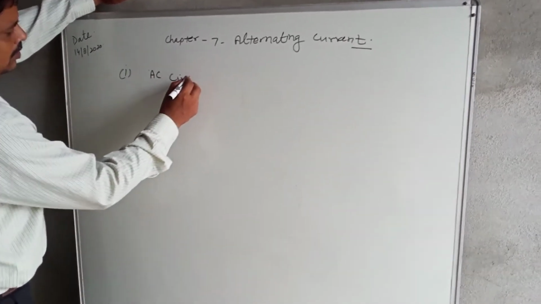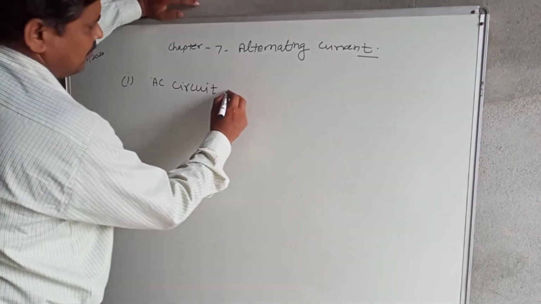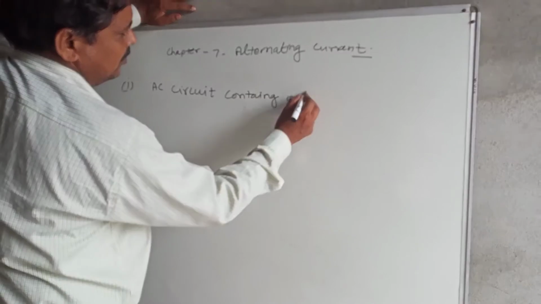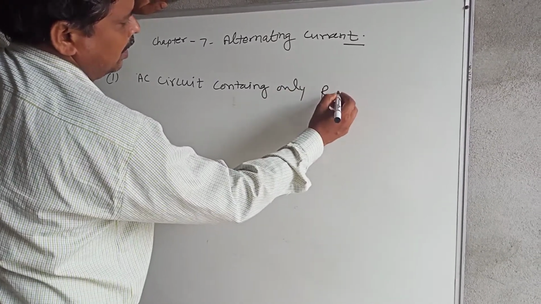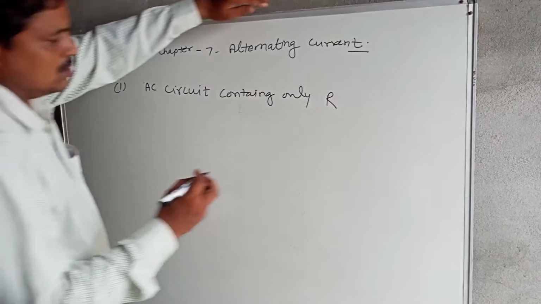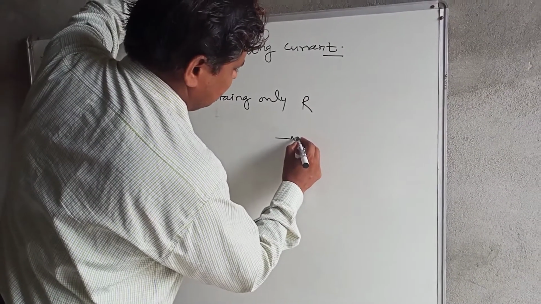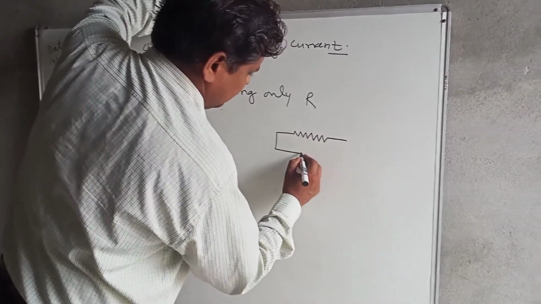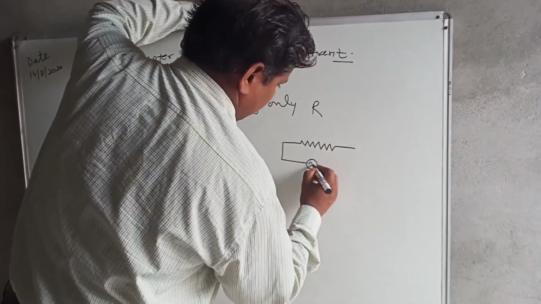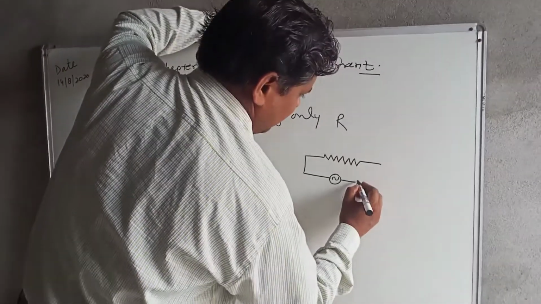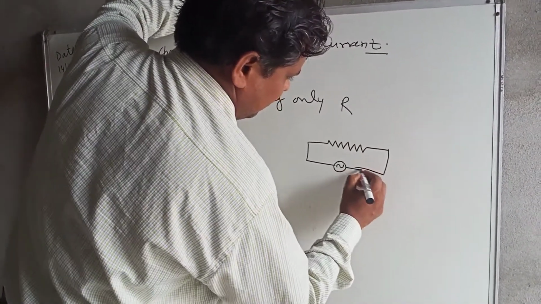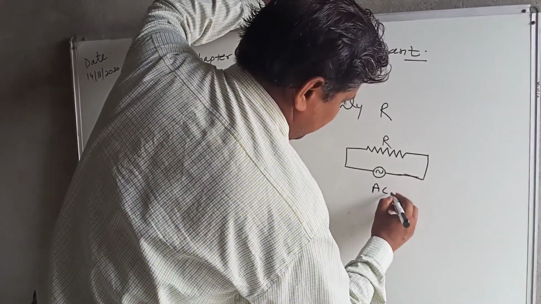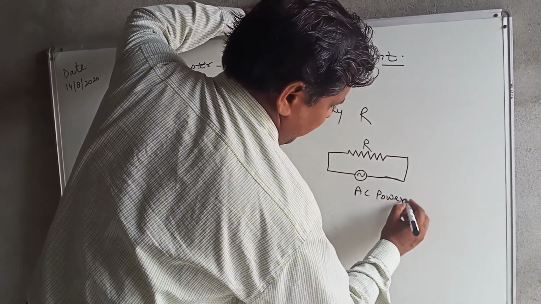AC circuit containing only R. That is the R, this is the AC power